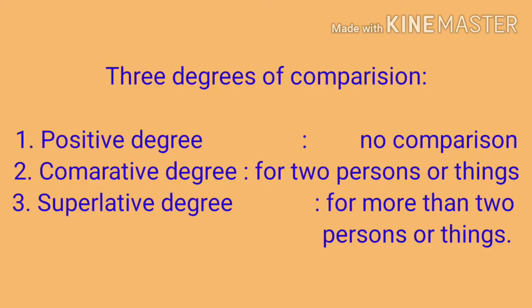In the first sentence there is no comparison, so this is a positive degree. Means there is no comparison. It can be negative, smaller भी हो सकता है, bad भी हो सकता है, but there is no comparison. Second, we have compared with 2 things. So when we do comparison among 2 persons or things, that is called comparative degree. Comparative degree में mostly we will use the word, आपके adjective में we will add ER, and the word THAN for the comparison.